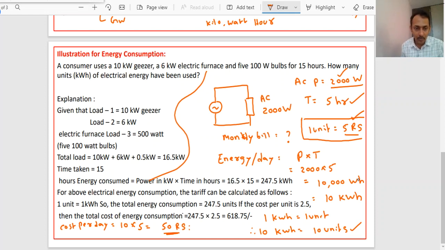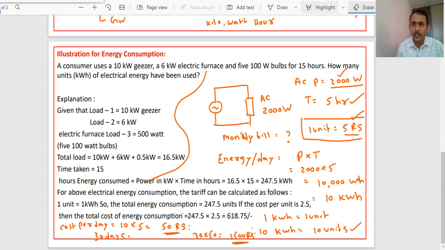If your month has 30 days, and daily you are using the AC for 5 hours, how much do you have to pay? 30 into 50 rupees. 3 5s are 1500 rupees only for the AC you have to pay. Like this, the energy is to be calculated. Now, to make you understand better,